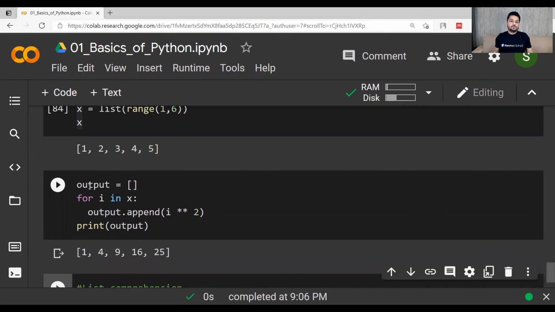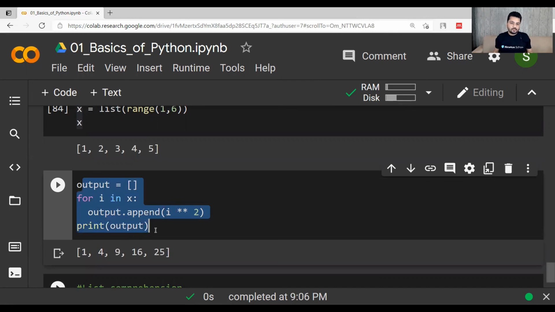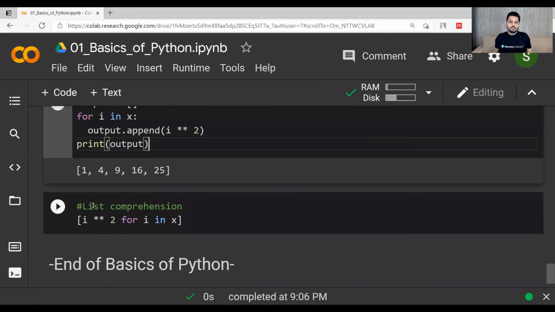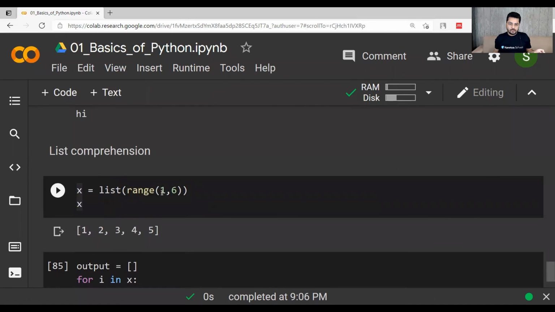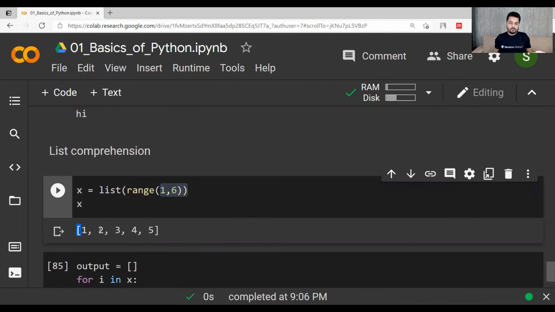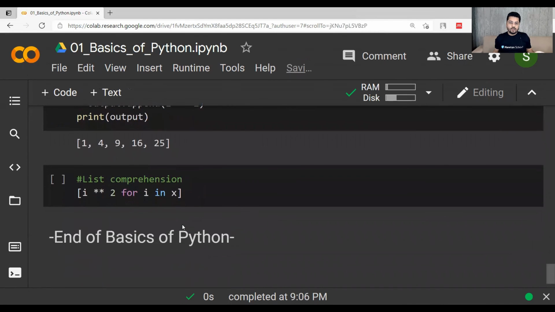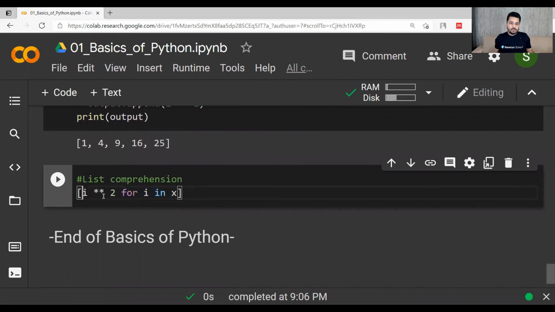Okay, now you can reduce this to a single liner. How? This is called list comprehension. It means that you have to do I raised to 2 for I in x. So x was 1 to 5, 1 2 3 4 5. For that for loop, you have to implement this.